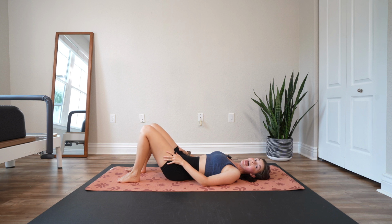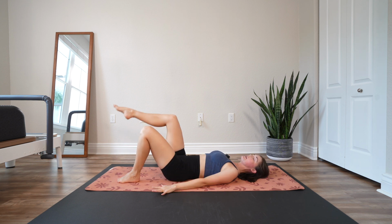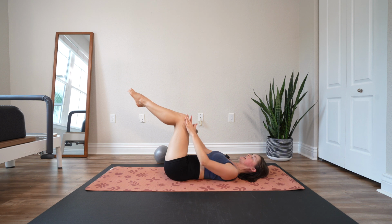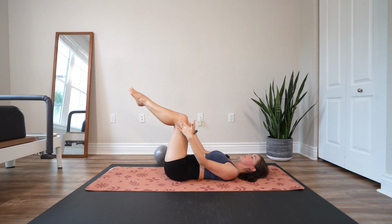We're gonna move into some external rotation through the hips. Anchoring the arms by the sides, lifting 1 leg at a time into tabletop. The feet will stay kissed together, insides of the feet stay together, knees stay over the hips, but we're gonna start to open the knees out to the sides, forming this kind of butterfly position, and then bringing the knees